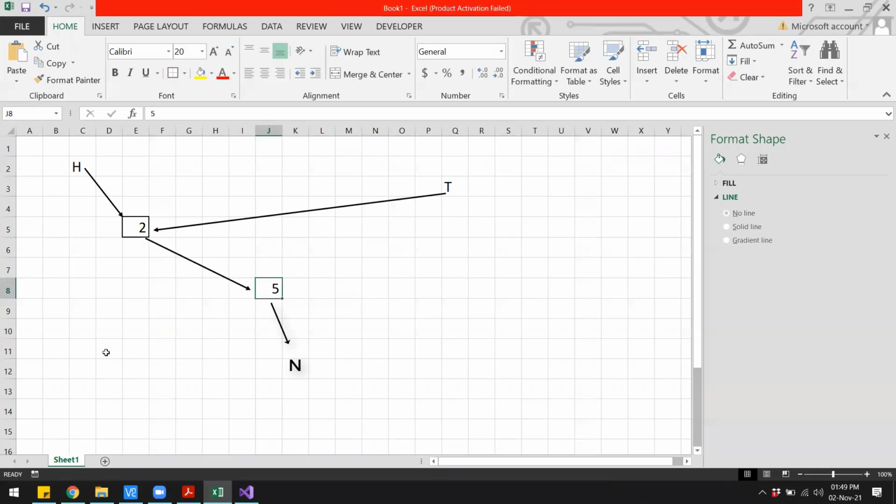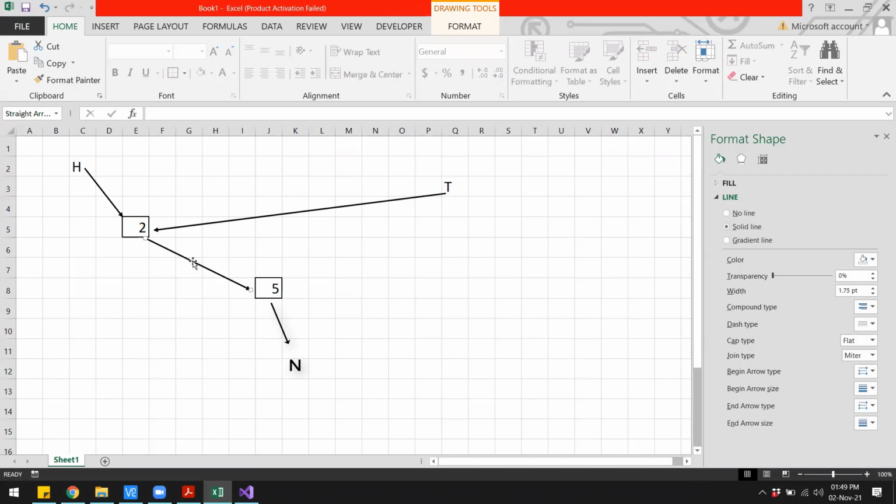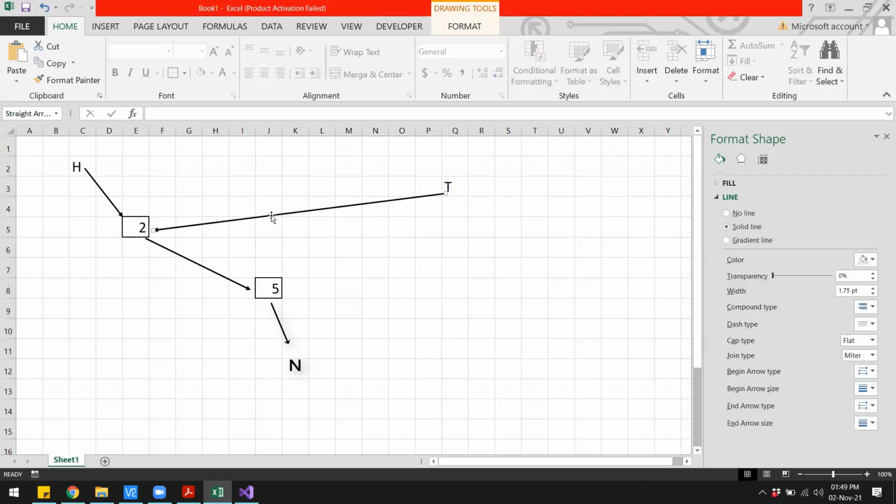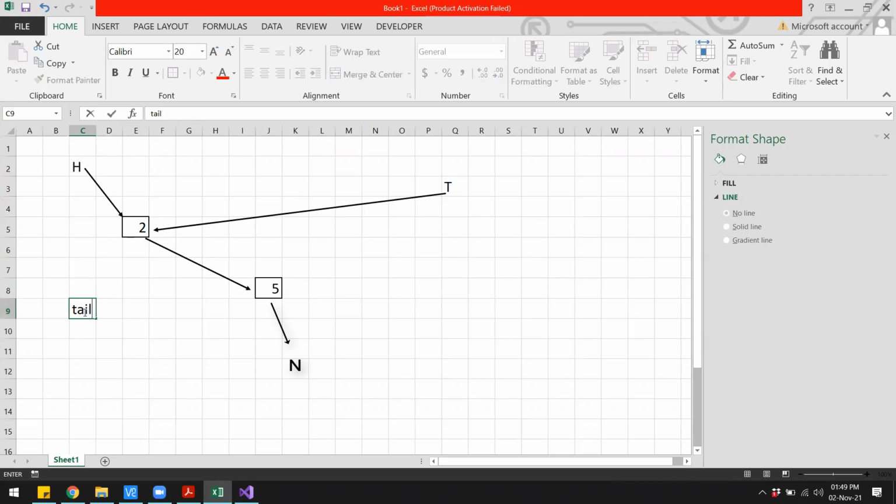Okay, so now how can I refer to this particular pointer? What is the name of this pointer? It is next of this particular node. And what is the name of this node? It is tail. So what will be the name of this pointer? It will be tail arrow next, right?